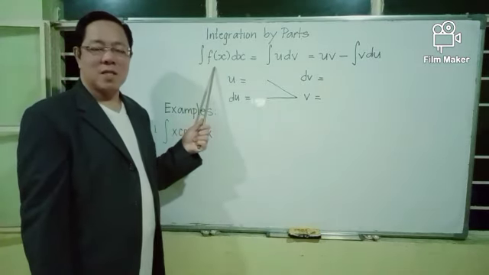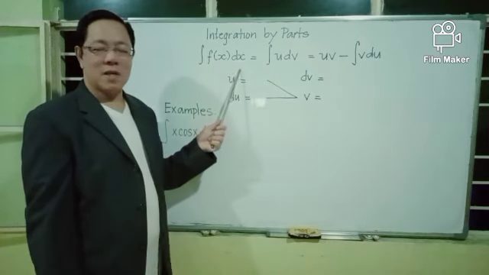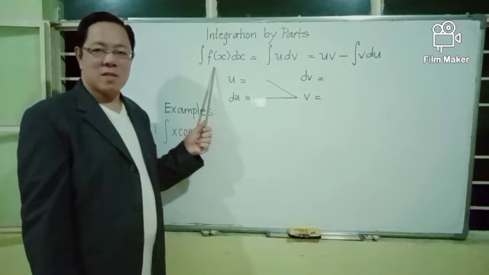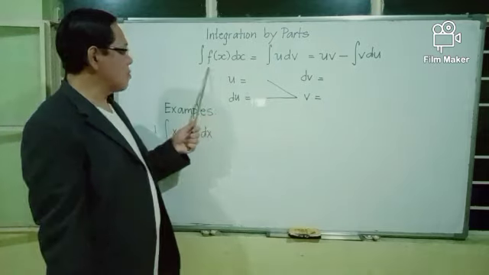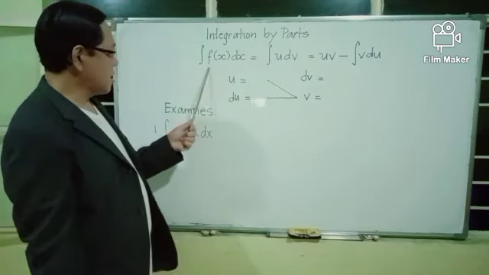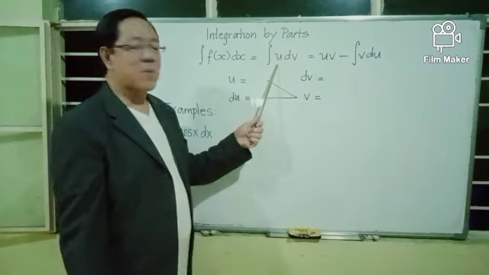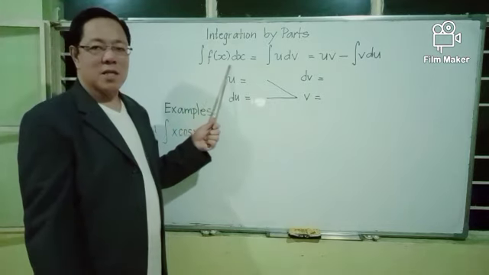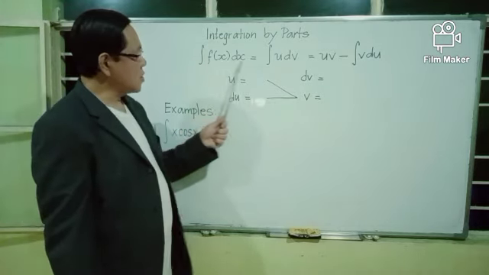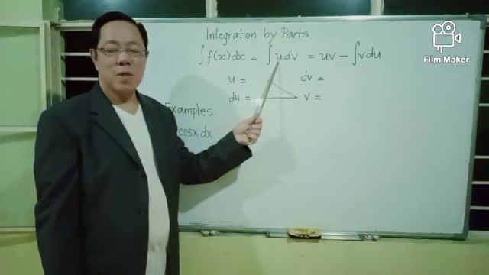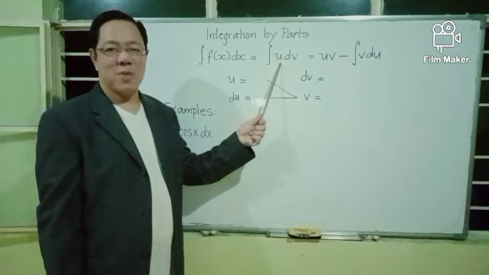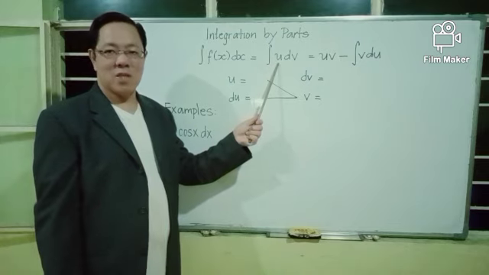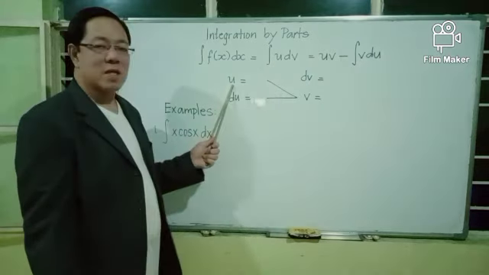The given is to find the integral of f of x dx. The integrand here is f of x. In integrating this by the technique integration by parts, we should be able to write the given integral of f of x dx as the product of u and dv. In the given integrand, you must decide which should be taken as u, and the remaining expression would be your dv. After you have decided which expression is to be used as u, we get the derivative of u with